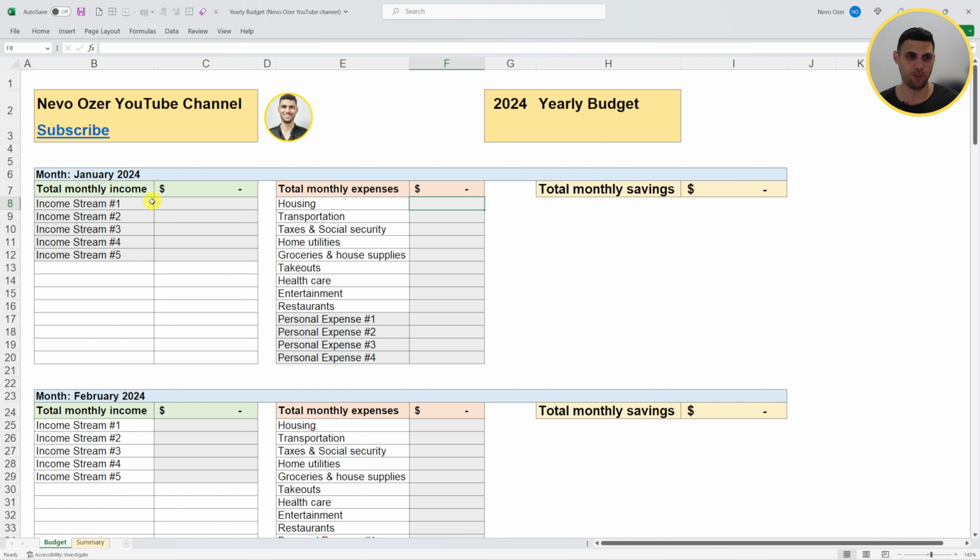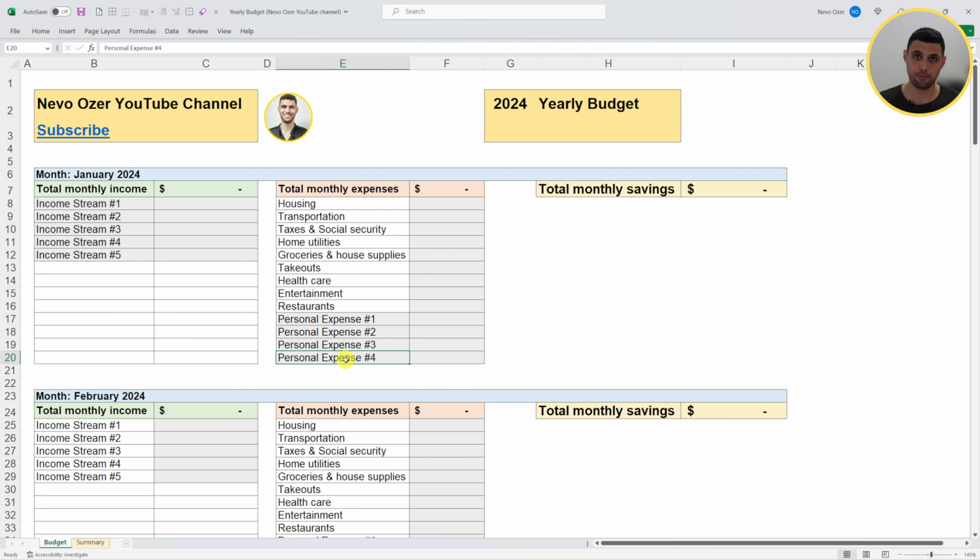As you can see, you have 5 income streams listed on the left. Now only for January, you can see that those cells are marked in this light gray, meaning you can change them. And the same is true for those 4 expense categories in the monthly expenses. So because different people have different needs, you will probably have your own specific expense categories that you'd want to have in your budget. And exactly for that, I've made those 4 expense categories changeable. So now let's make an example of how to fill the budget.